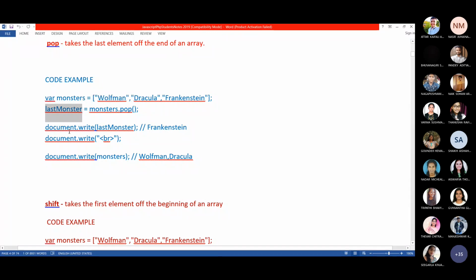So when you write document.write lastMonster, it will display the element which you have taken from the monsters. So using the pop method, you are taking the last element from the object, and using document.write, you are displaying that last element.